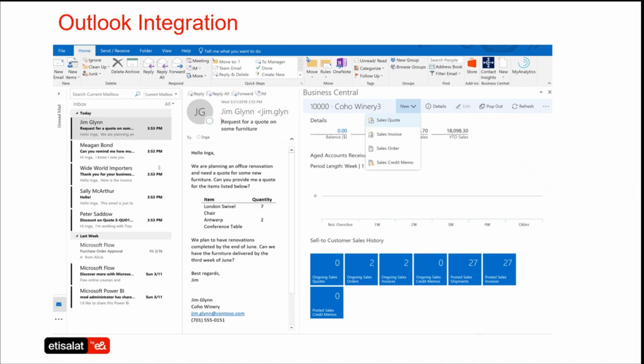With the Outlook integration, you will be able to view information about a particular customer when you receive a mail, and you can see the relevant information about this customer in Dynamics 365 right in your Outlook, so it does not disturb your flow of work. That is one of the advantages you get.